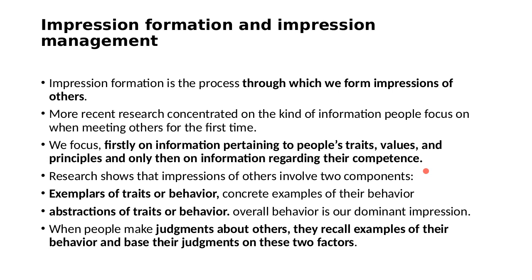So research shows that impressions of others involve two components. We have exemplars of traits or behavior, and these are concrete examples of their behavior, and abstraction of traits or behavior, and this is overall behavior in our dominant impression. So when people make judgments about others, they recall examples of their behavior and base their judgment on these two factors. So your first impression of an individual, of a person,